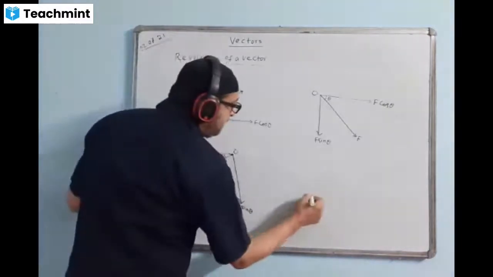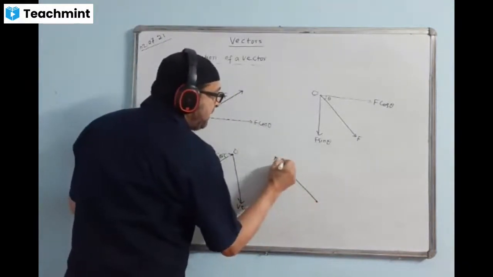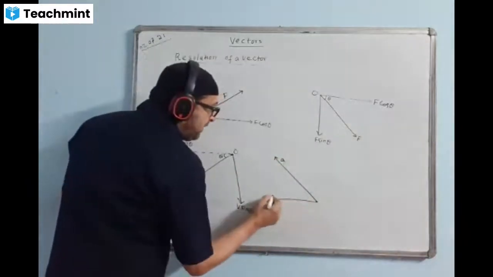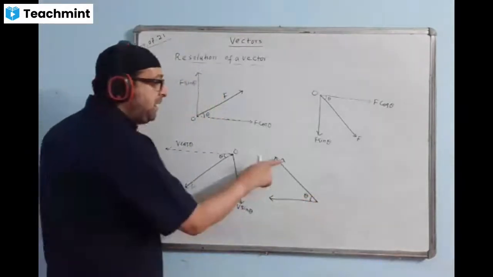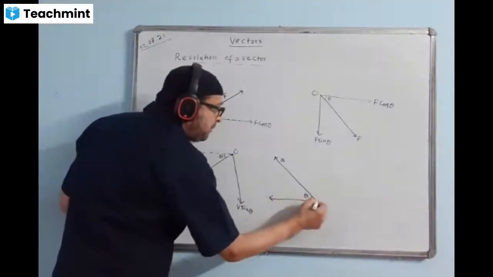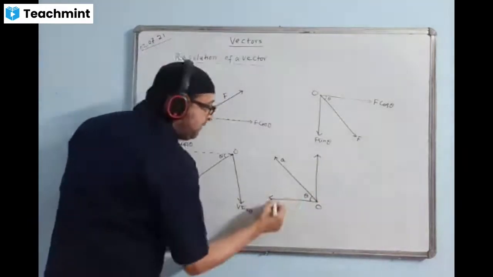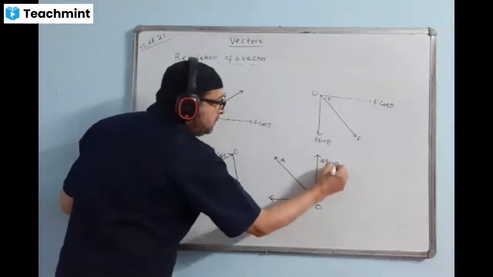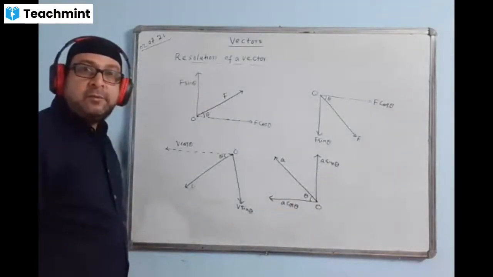Now, suppose I am having another situation like this. Here is a vector, acceleration. Acceleration is a vector here. And we are having two angles. This angle is known, theta. We can break this A into two components. Where should we break? At the origin here. One component here and one component will draw here like this. This is horizontal, this is vertical. The value of this component will come A cos theta, and the value of this component will come A sin theta. Hope you understood how we break into two components.